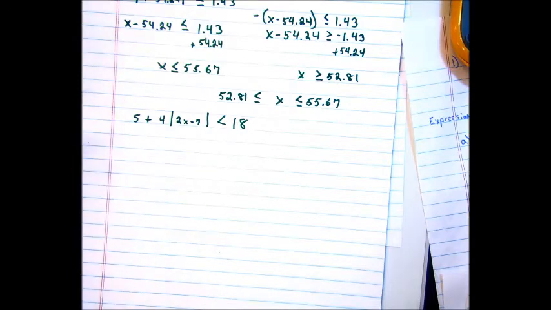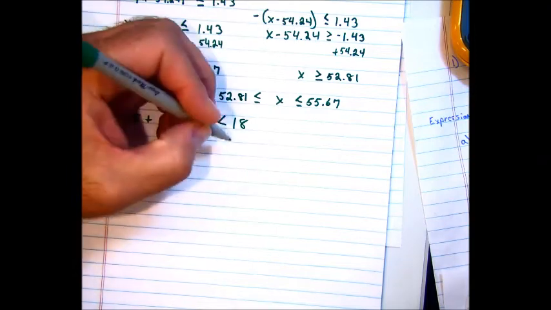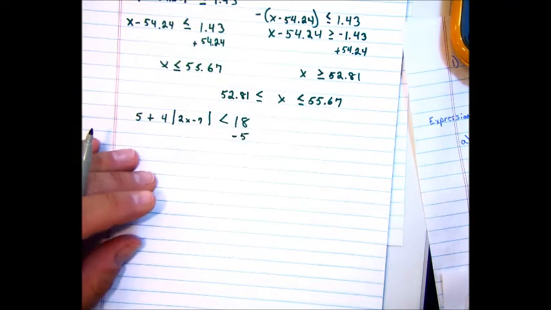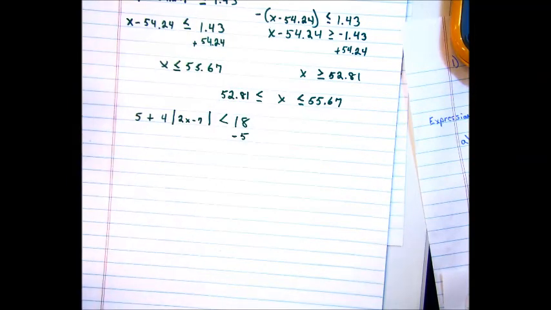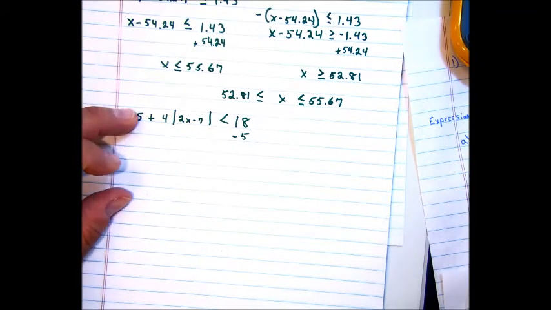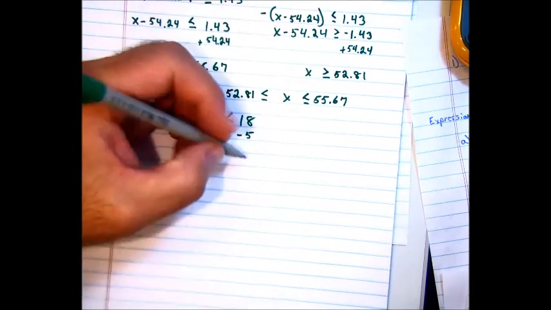Alright, so I would minus 5 first, because I do everything opposite. Order of operations tells me to multiply and divide first and then add and subtract. I'm going in the opposite direction, and I'm doing the opposite math. So instead of adding 5, I'm subtracting 5, because adding and subtracting are opposites. Alright, so this becomes 13,